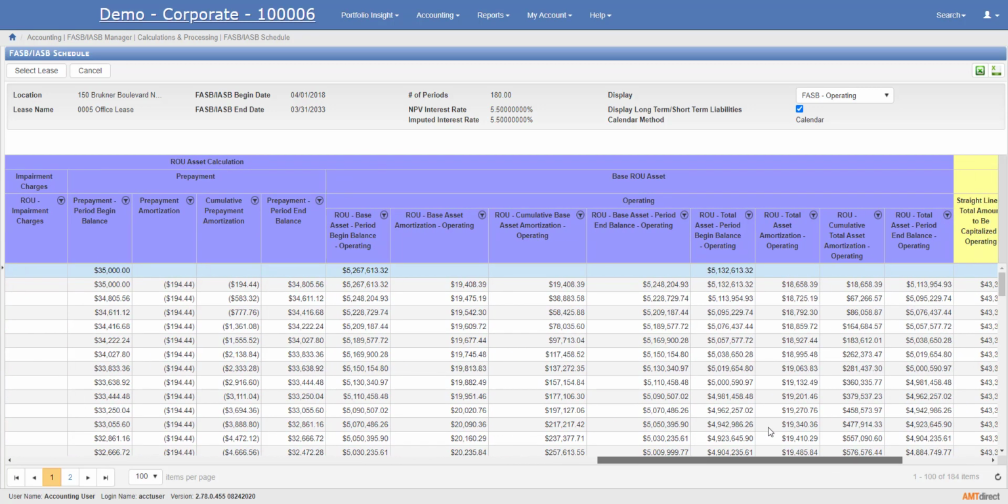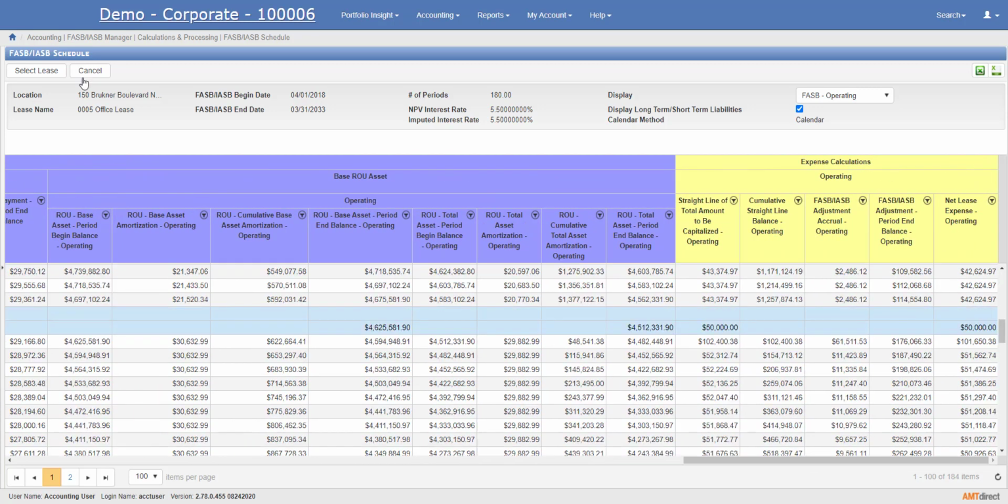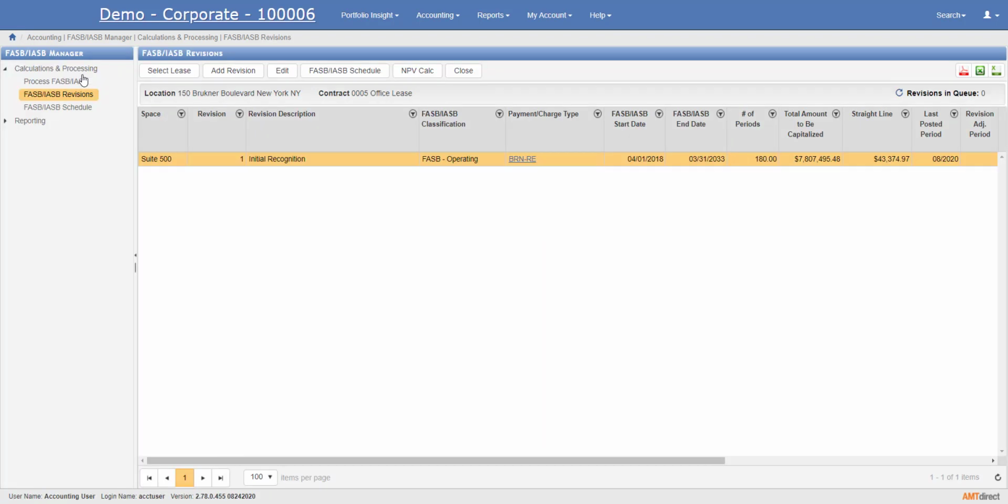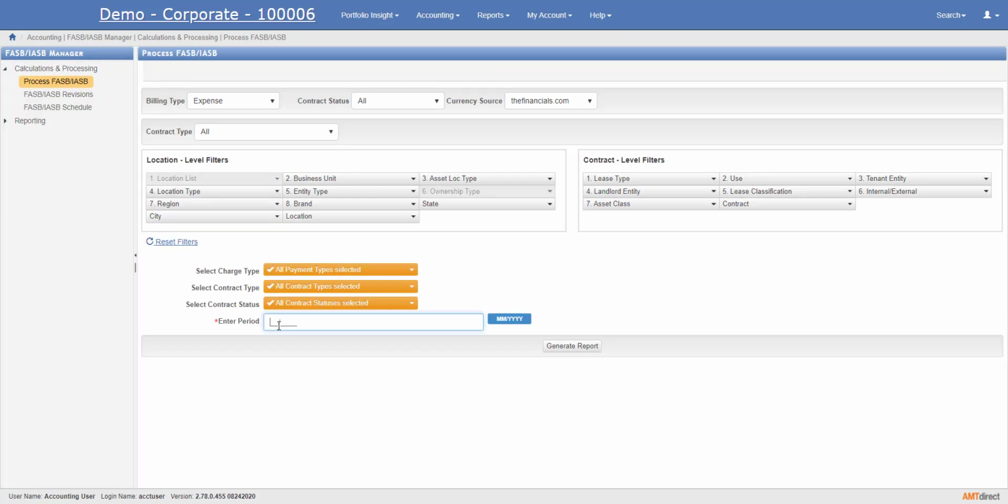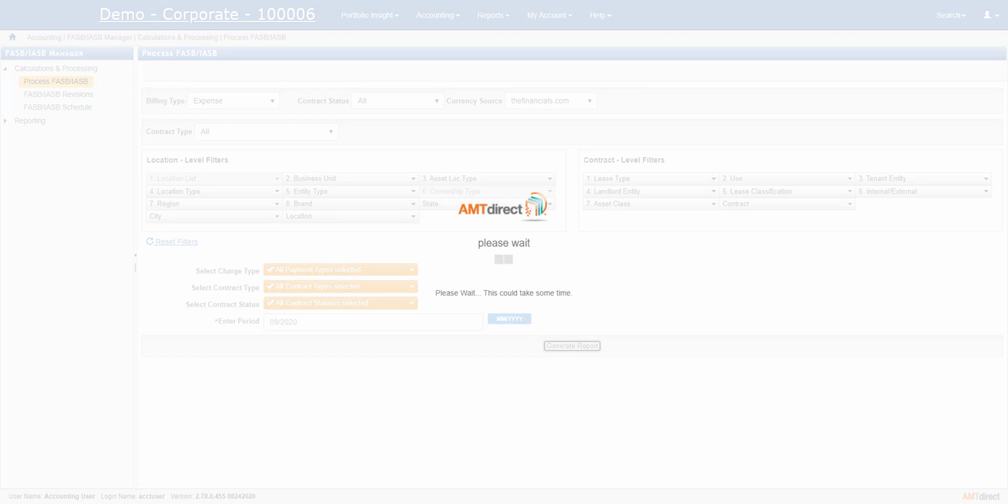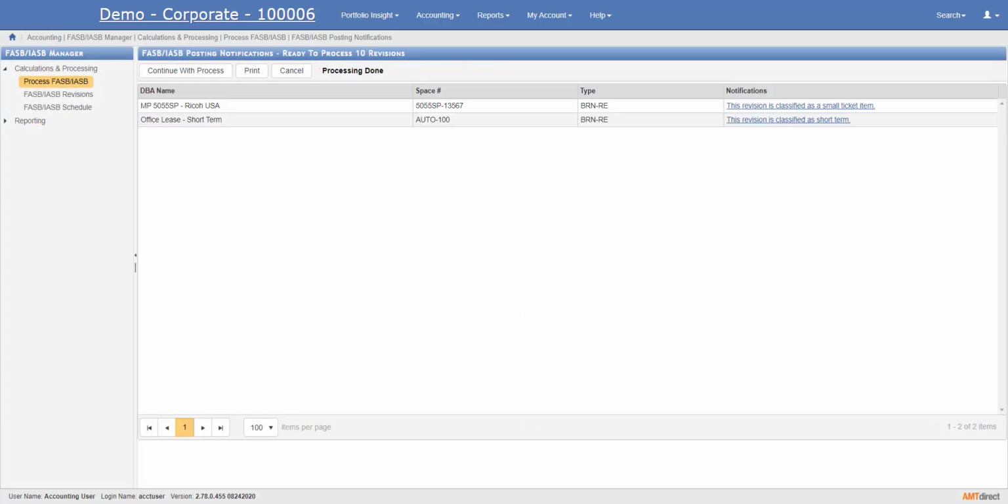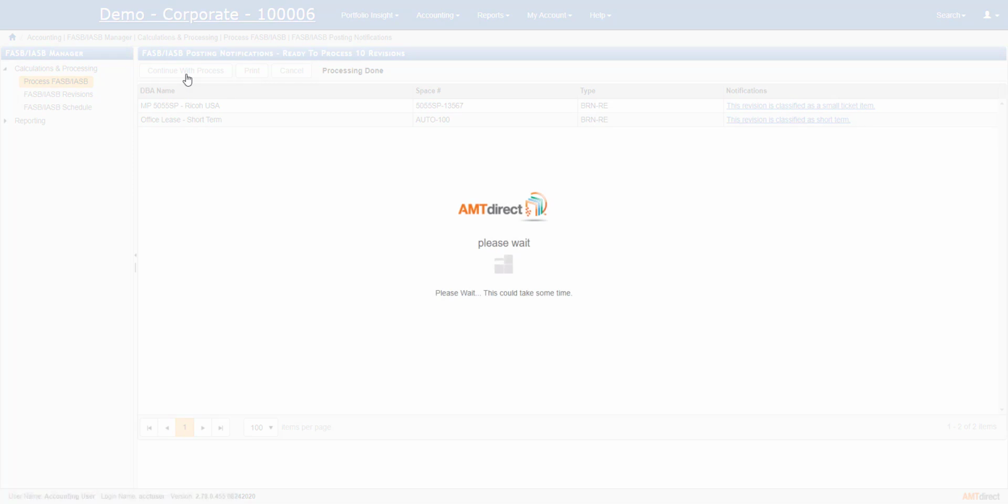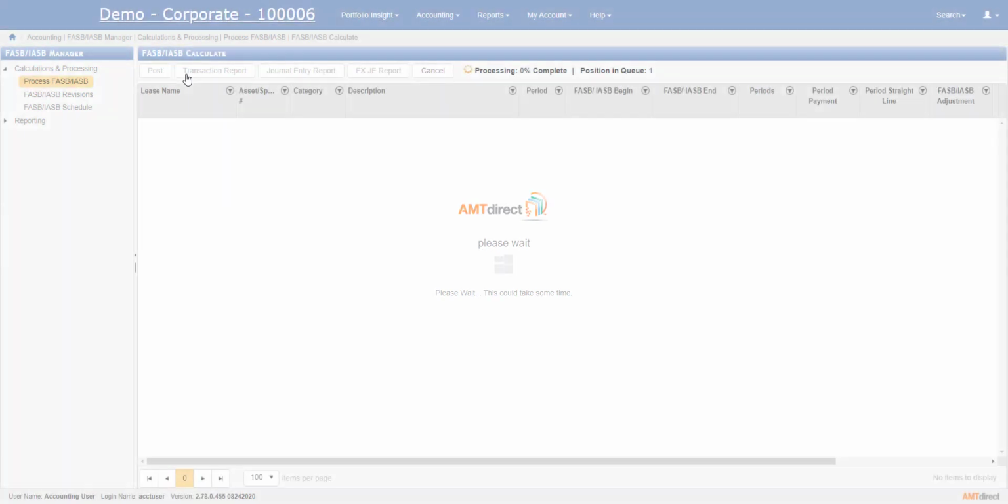Generating and exporting journal entries from AMTdirect is a simple process. You have the ability to filter your journal entries by location filters and/or contract filters, and then select the period of the journal entries that you want to post. Once you start, the system will validate the journal entries and show any exemptions of schedules that will not generate journal entries. Once I continue with my process, I can see the journal entries prior to posting or closing the